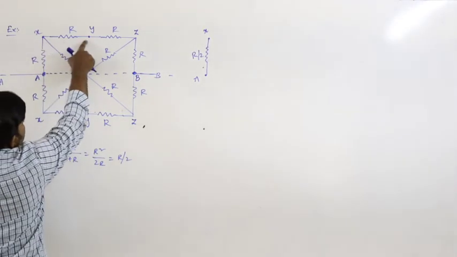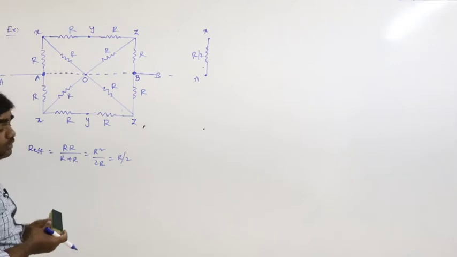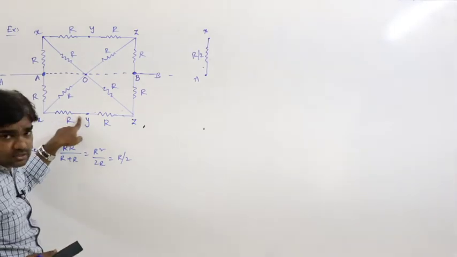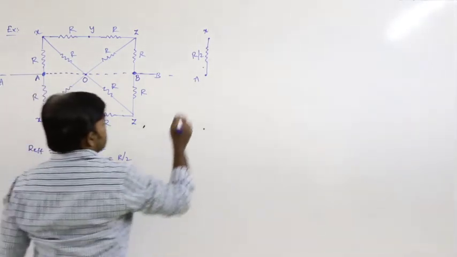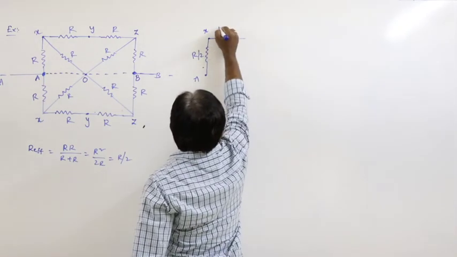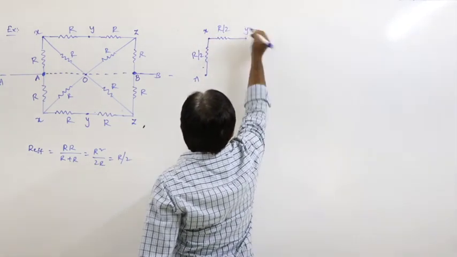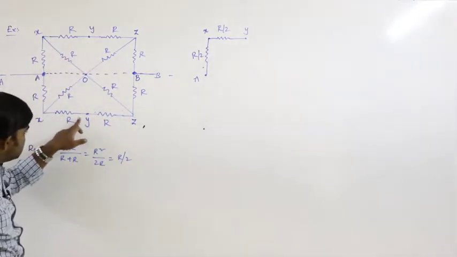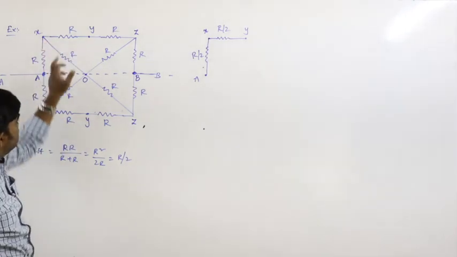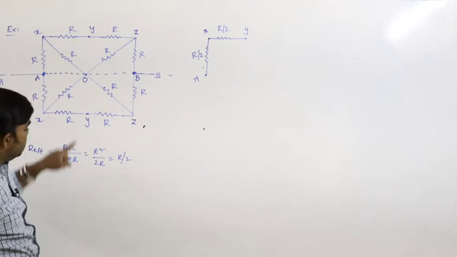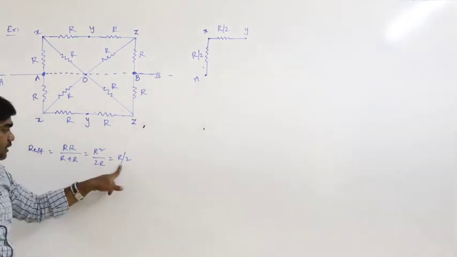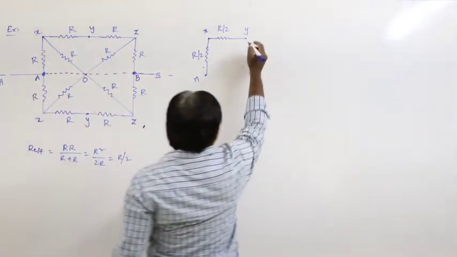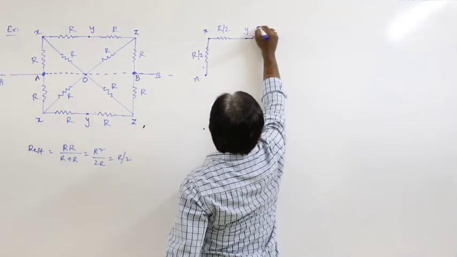Next here, between X and Y, between X and Y, and between X and Y. So this is resistance R and this is also resistance R. R and R are in parallel, so the effective resistance is R by 2. So this is Y. See here. So this is X and Y, and here also it is X and Y. Same potential difference points. So that's why these two are parallel. So if two equal resistances are in parallel, the effective resistance is R by 2. So that's why. Next here Y and Z and Y and Z. Here also the effective resistance is R by 2.